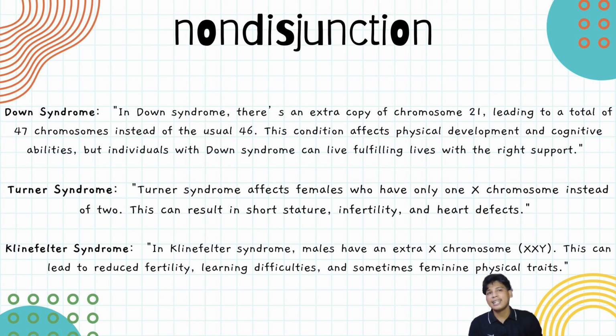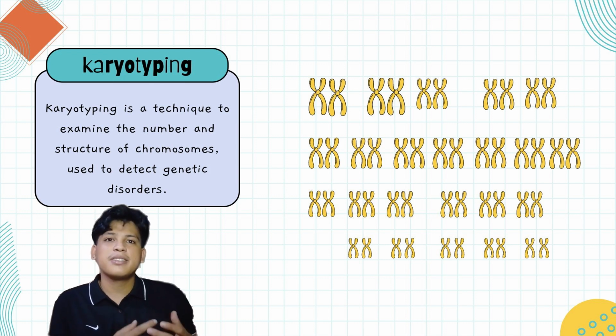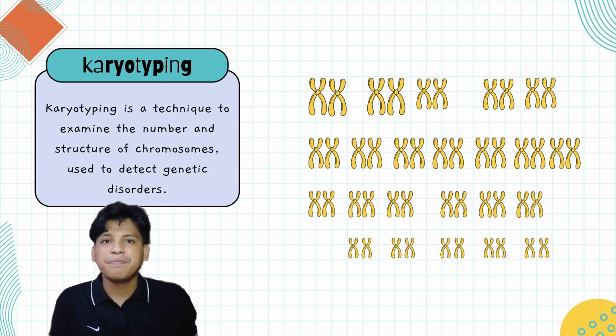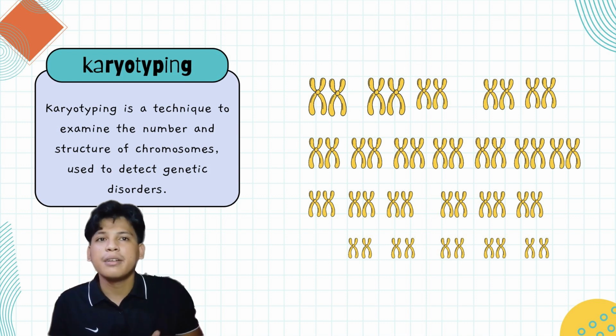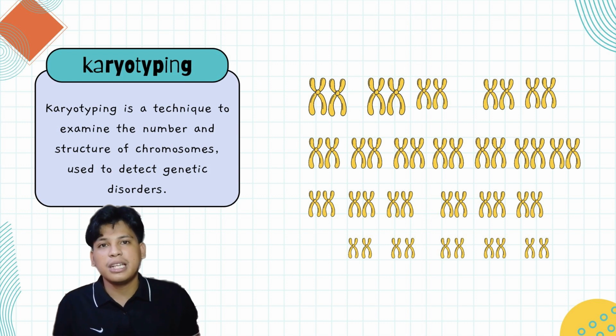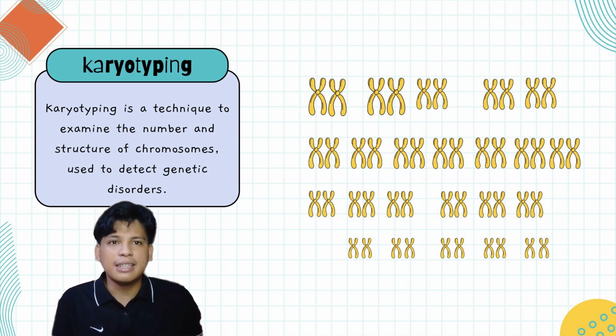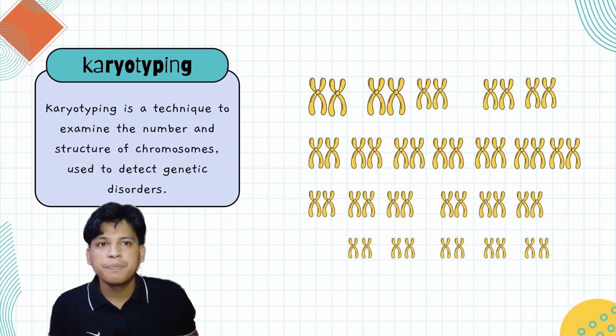What causes these large-scale mutations? Chromosomal mutations can arise from errors in cell division or be triggered by environmental factors like radiation, chemical exposure, or even viruses. Thanks to advances in medical science in particular, we can now detect chromosomal mutations using various methods. Karyotyping allows scientists to visualize chromosomes and detect abnormalities, while more precise techniques like FISH help in identifying specific structural changes in chromosomes.